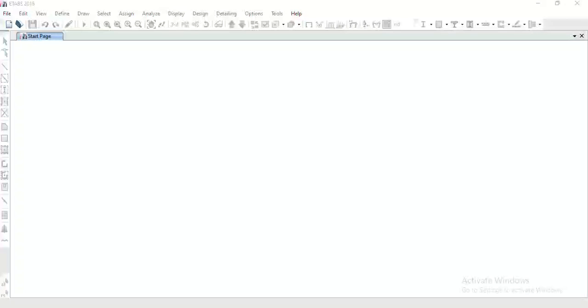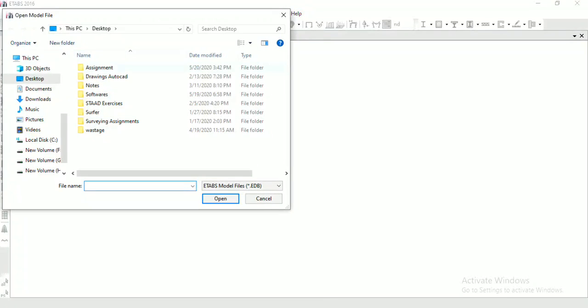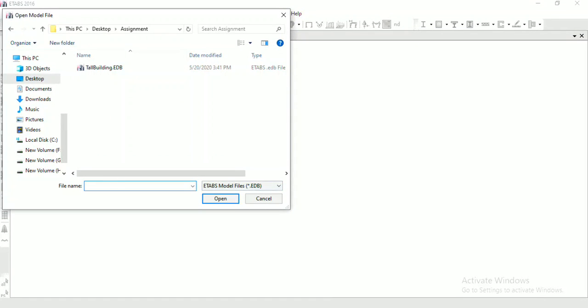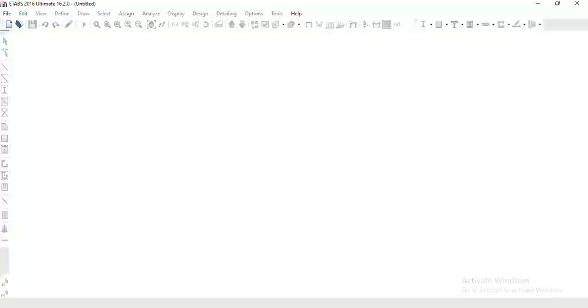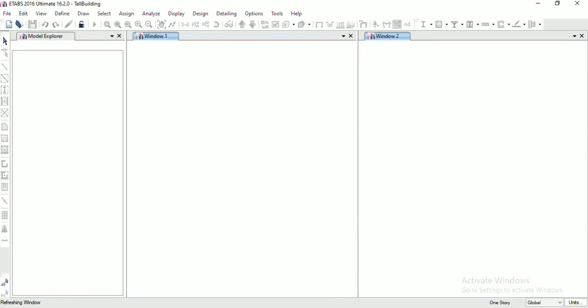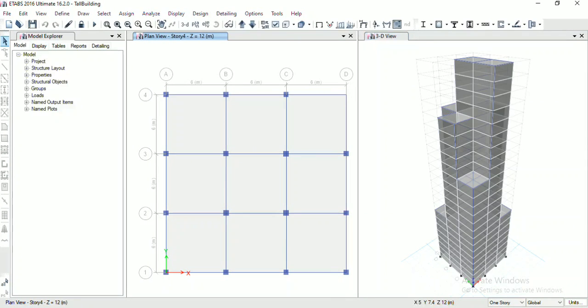In the saved file from the previous assignment, now unlock the model first.